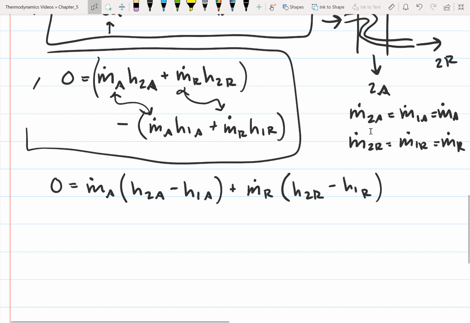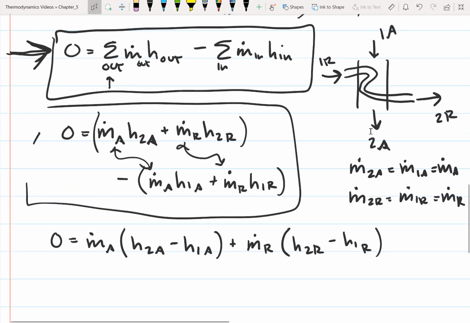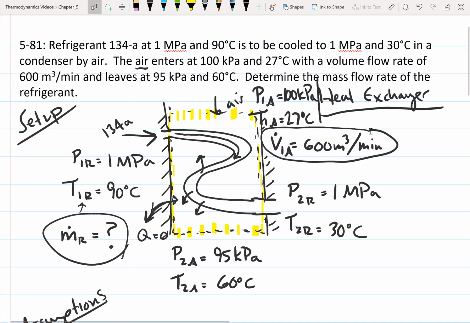So first of all, if we go back up to our problem statement, we have the mass flow. We weren't given the mass flow rate of the air, but we were given the volumetric flow rate at the inlet. So we can use that volumetric flow rate to calculate the mass flow rate at the inlet. And then since we know the mass flow rate at the inlet is equal to the mass flow rate at the outlet, we basically have the mass flow rate of the air. So we're going to calculate that, and the mass flow rate is equal to